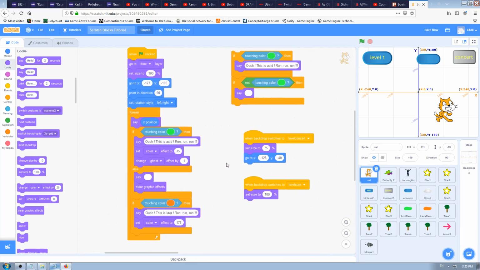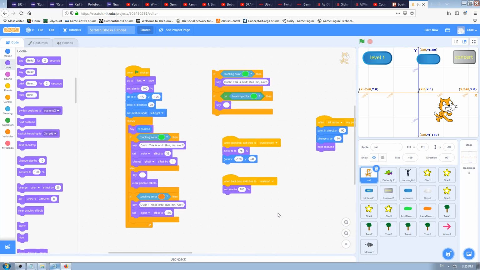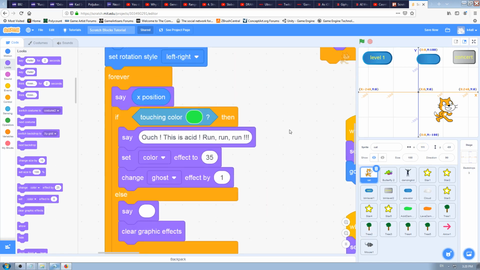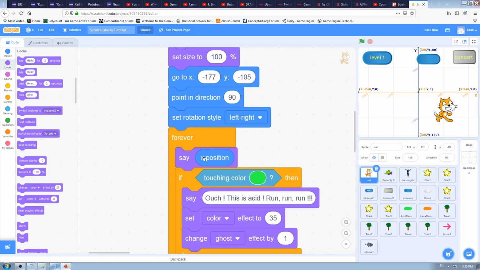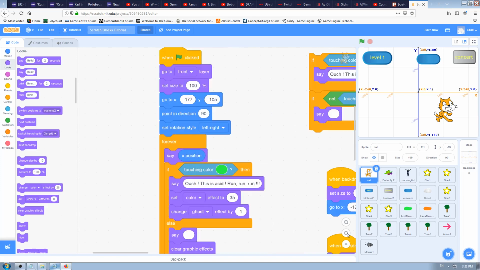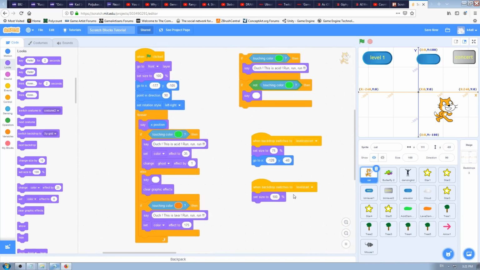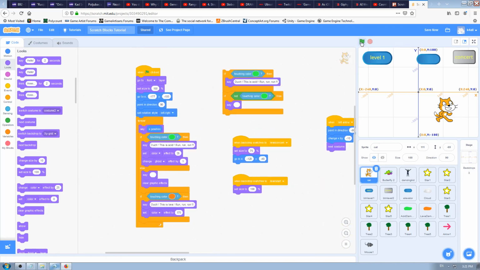So now on the screen, when I move the cat left and right, its X position will change here in the X coordinate, and at the same time I will have the cat saying that X position, because we have told it to do that with this say Scratch block, in which we have attached this new X position block. Okay, so let's try our game now. Click on the green flag